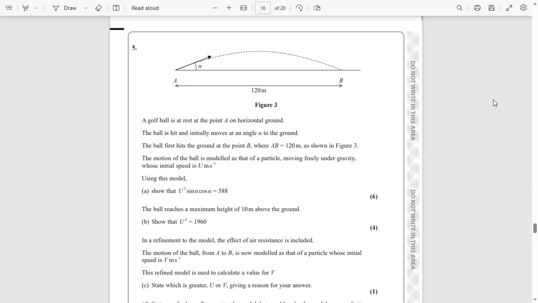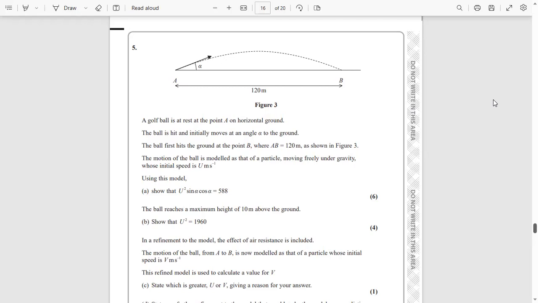The motion of the ball is modeled as a particle moving freely under gravity, whose initial speed is capital U meters per second. So the first part of the question is to show that U squared times sine alpha cos alpha is 588. Okay, so with these projectile questions, 90 to 95% of the time, you always start